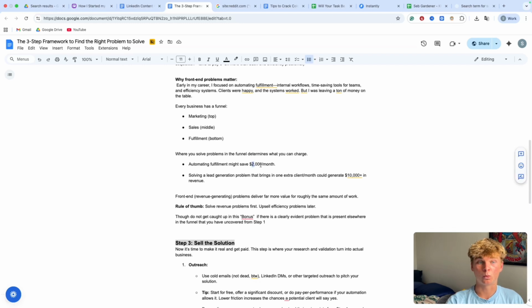I think the main thing with starting with front-end problems, revenue-facing problems and automation is it gives you access through the door. Because from a business's perspective, it's like, hey, if this guy's offering to build me something on a pay-per-performance basis that could directly impact my revenue, why would I say no to that? That's like that cold email campaign I just showed you. It's a bit of a no-brainer. I'm building a system for them on a pay-per-performance basis where the only upside is I get clients and I pay this guy 20%, right? So